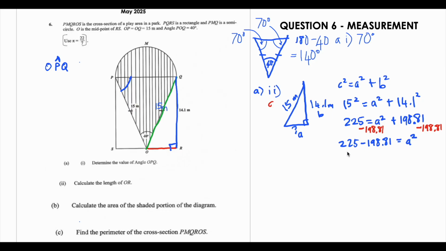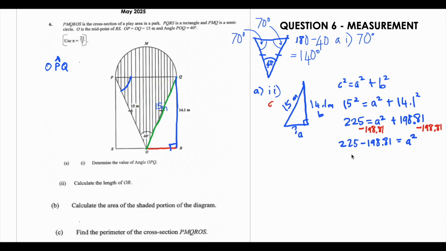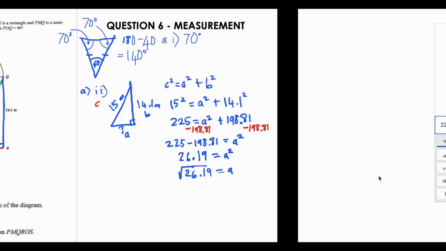Alright, so now with this information I can work this out. 225 take away 198.81, so then I get 26.19. So here I could say this is 26.19, which is A squared. Now the trick is, since I want to get A by itself, I need to square root it, because that's the opposite of squaring a number. So the square root of 26.19 is